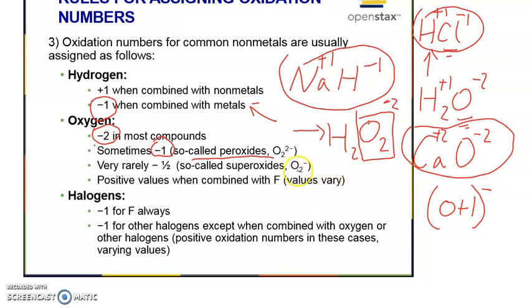Okay, so what's the next exception for oxygen? When it forms a superoxide. So what is a superoxide? It will have the O2 to the minus form. So let me give you an example of the superoxide. For example, if I have KO2,